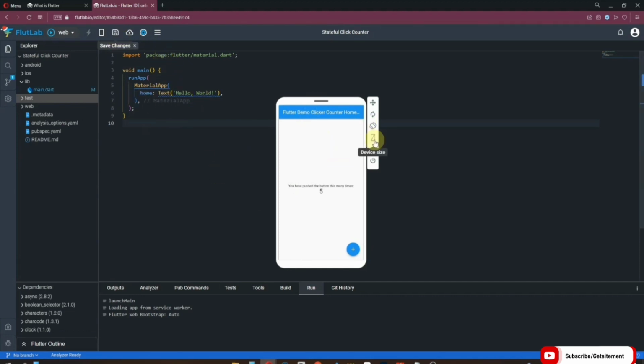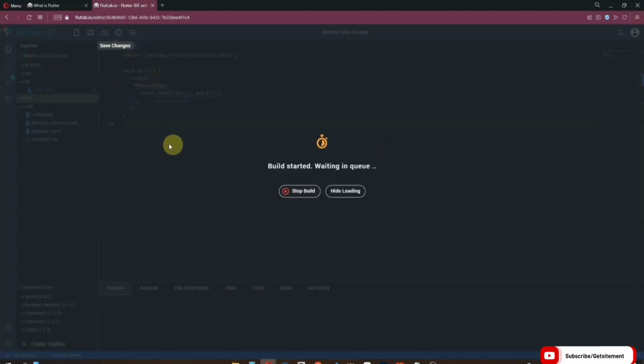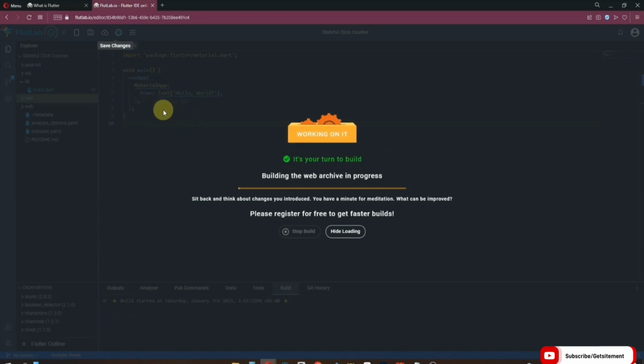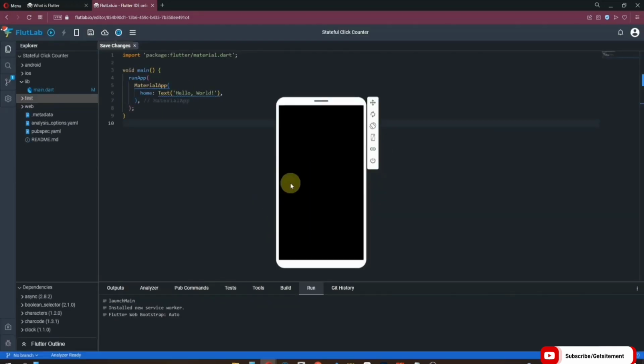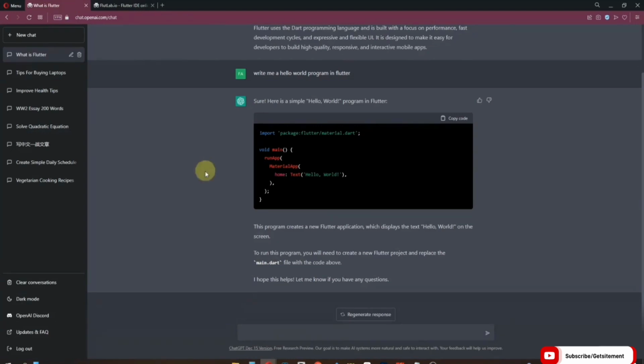And now we can turn off this and now we can run this code. So this time it's going to run the code of hello world. So now it is running the app, and now as you can see we have hello world app. Now I'm going to close this app, and now this time I'm going to ask him to write me a